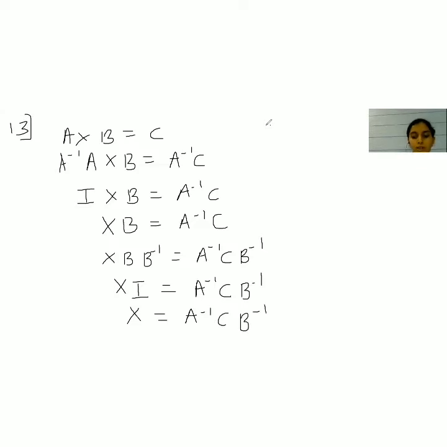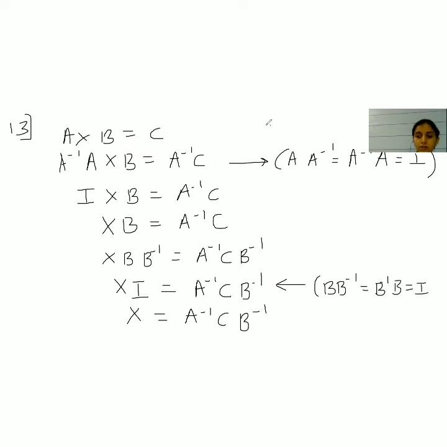So how do we find out X? You have to find out A inverse and B inverse separately. Then A inverse is to be multiplied with C, and the product has to be multiplied by B inverse. Now here you have to write the rule: A inverse A is equal to I, and even here we will write the rule B inverse B is equal to I. Please mention these rules whenever you are solving these kinds of sums. Now we'll start with finding the inverse.